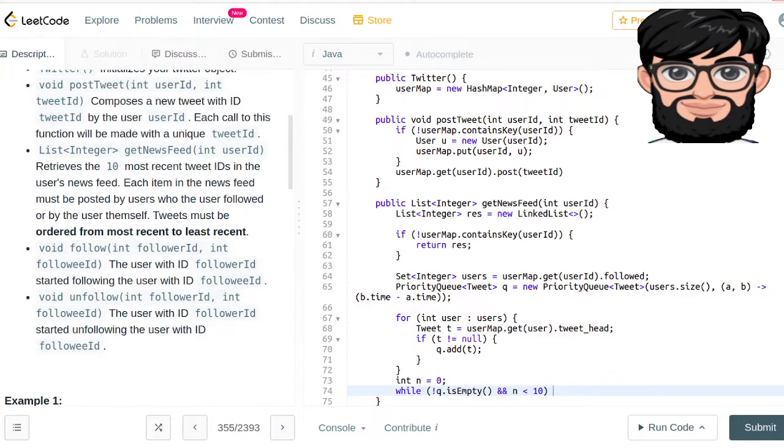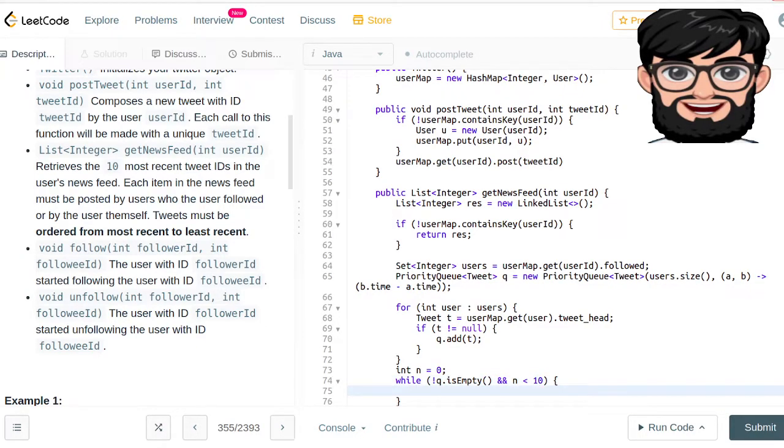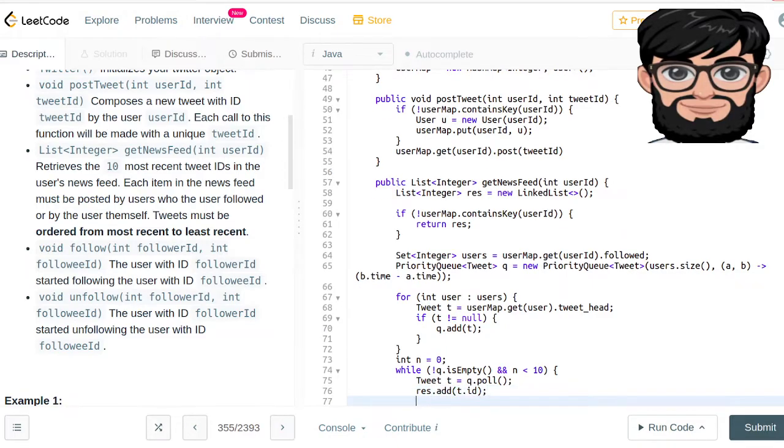Because that's in the problem statement, we're gonna say that the tweet t is equal to q dot poll, and then result dot add that t.id, and then we're gonna increment our pointer,